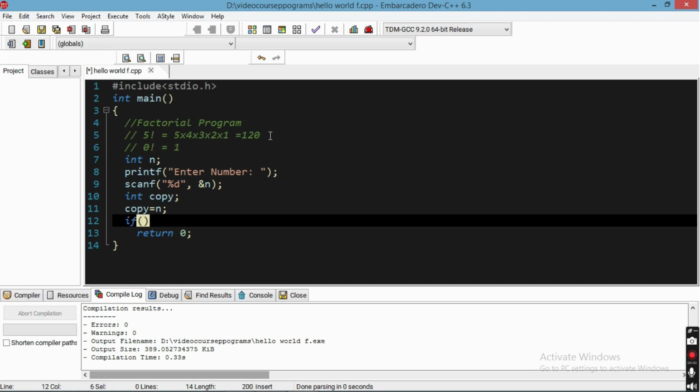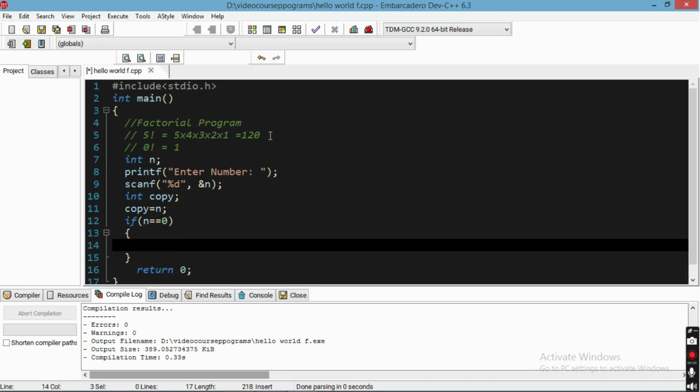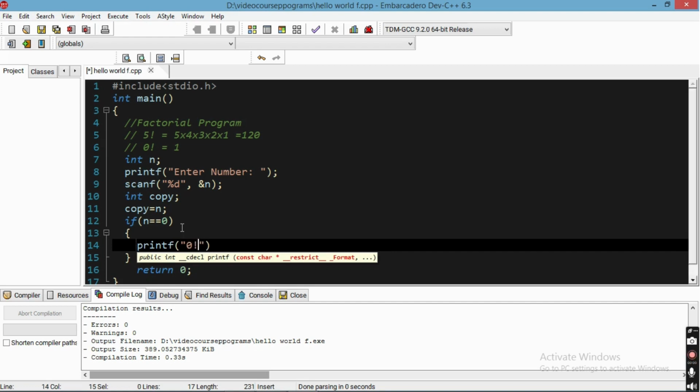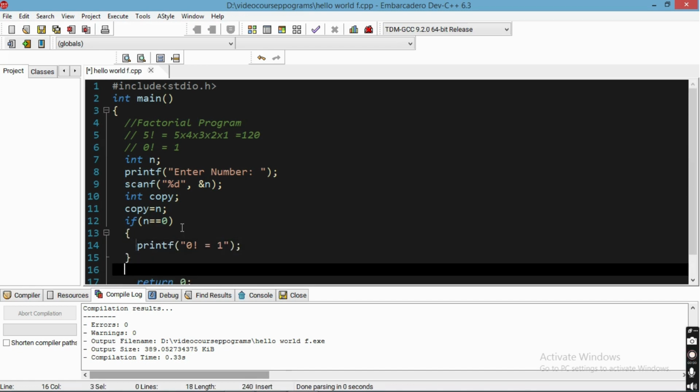So we put a logic for this: when n is equal to 0, then printf 0 factorial is equal to 1. Okay, and in the else